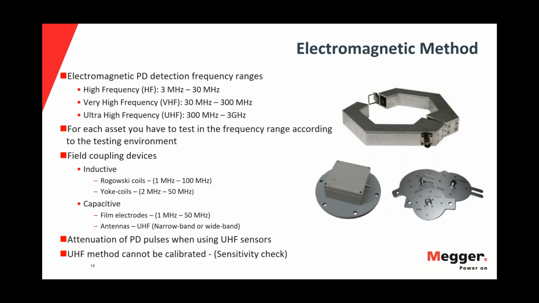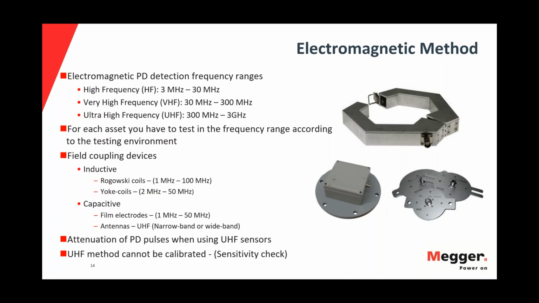We can use various sensors with various frequency ranges, from high frequency, very high frequency, or ultra high frequency ranges. Coupling devices can be inductive, like, for example, a Rogowski coil, or what we call an HFCT. A clamp like this shown here is one example where you can open it and connect it around, for example, the grounding of the object, and it can measure the PD within the